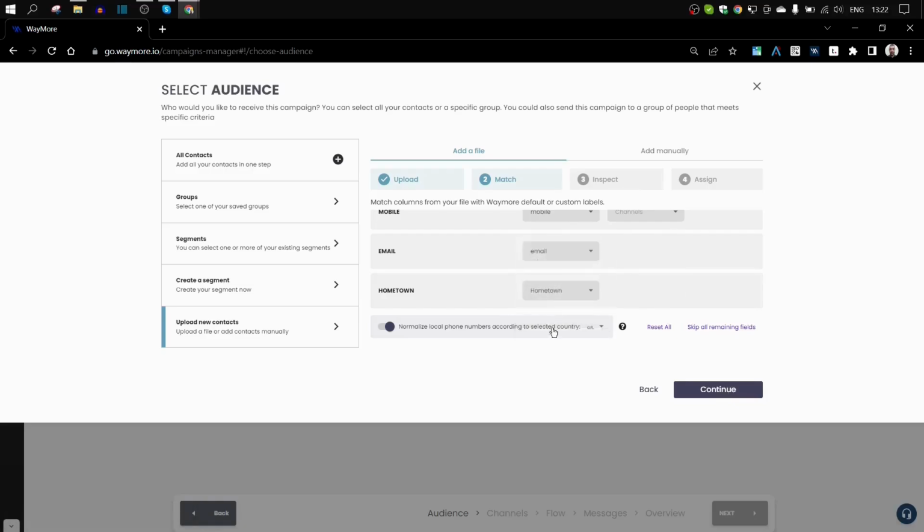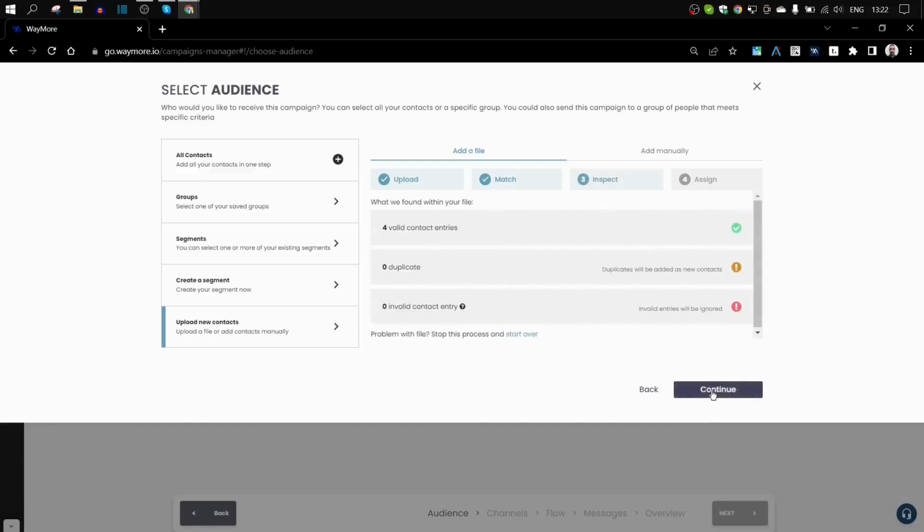So I have to select it from here and continue. The inspection happens automatically by the system, and we have 4 valid contact entries, 0 duplicates, and 0 invalid contact entries. That means that everything is correct. You don't have a typo, maybe a symbol inside your text, etc. So once this part is finished, you can go to the next step with continue and assign the specific